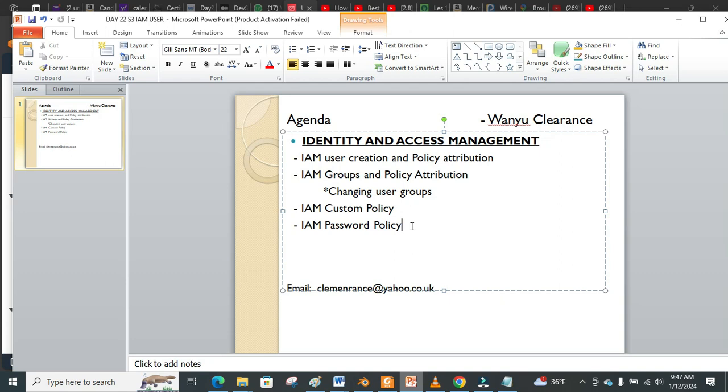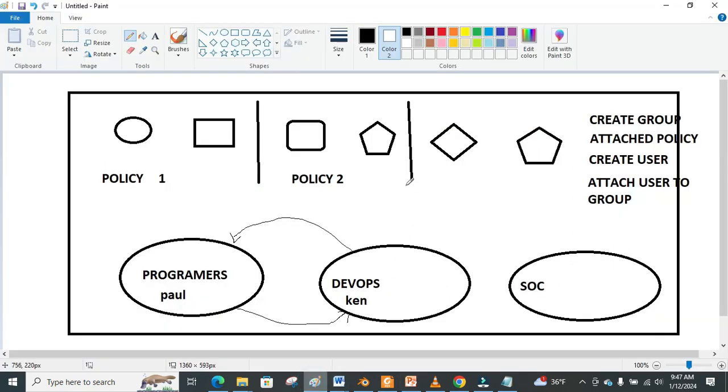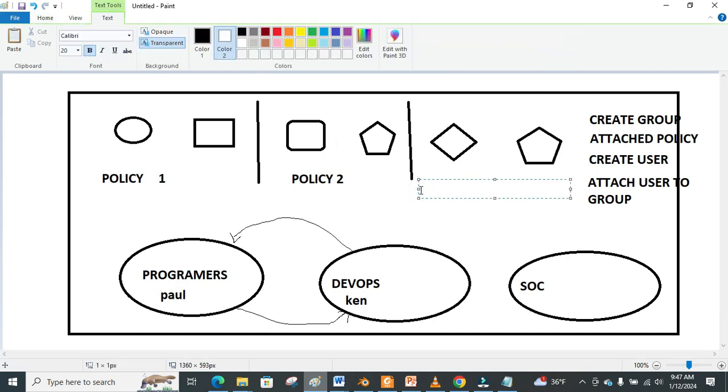For example, we can say that our password must have these characteristics. Maybe our password should first and foremost be 8 characters. That is the first thing. The second thing is our password must have at least one capital letter, and it must start with a capital letter, and maybe our password must have a special character